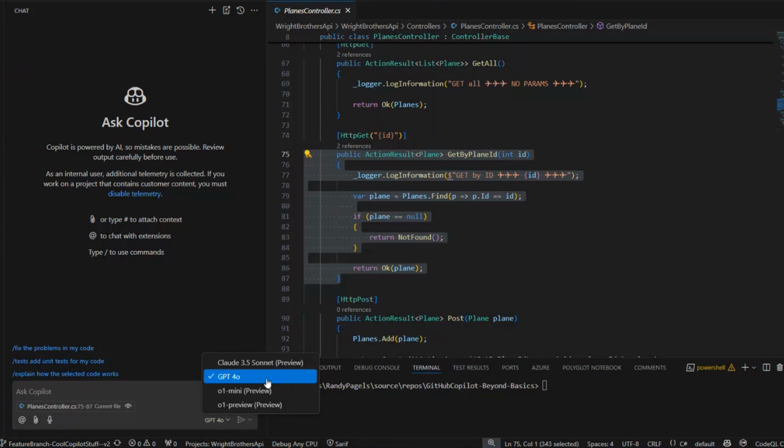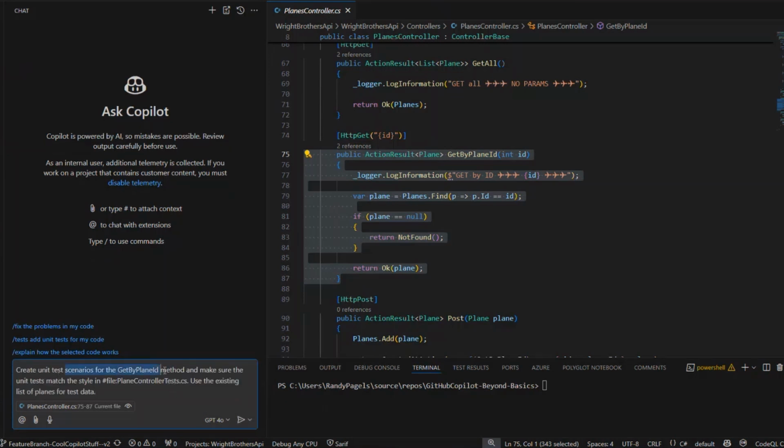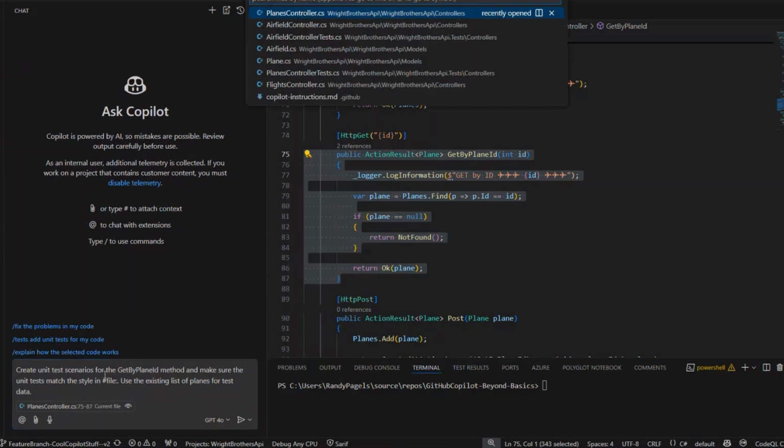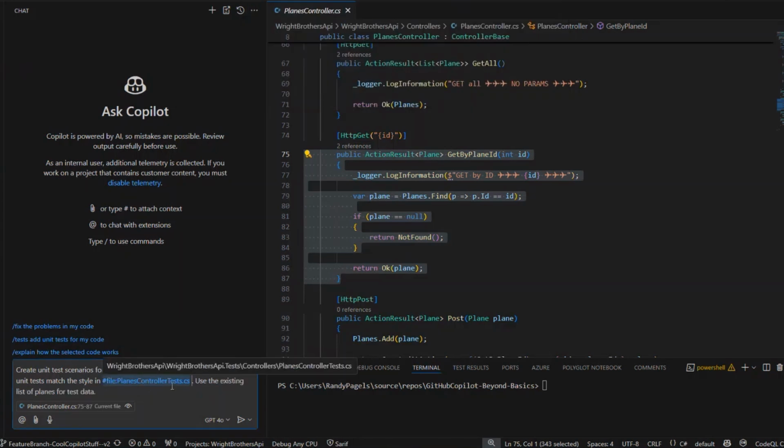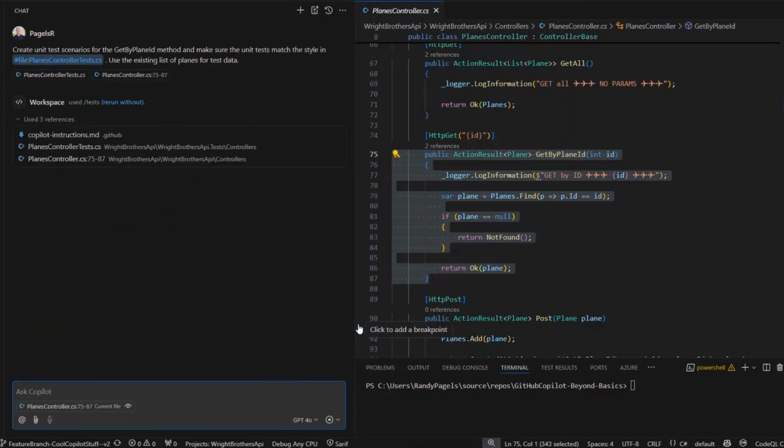So the first thing I want to show you is using GPT-4o. If I ask Copilot to simply create unit test scenarios for the get plane by ID method, make sure unit tests match the style in the hashtag file command. Of course, hashtag file, I need to retype that. I'm asking Copilot to make sure that the unit tests match the style in the planes controller test. So I'm using xUnit and fluent assertions, and then use the existing list of data. When I go ahead and click create unit tests,